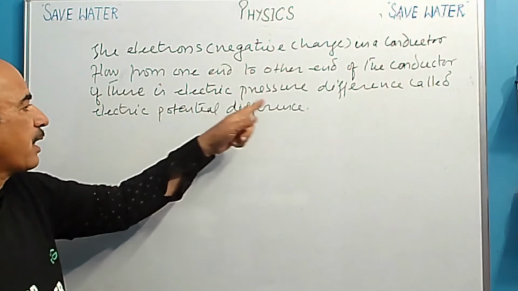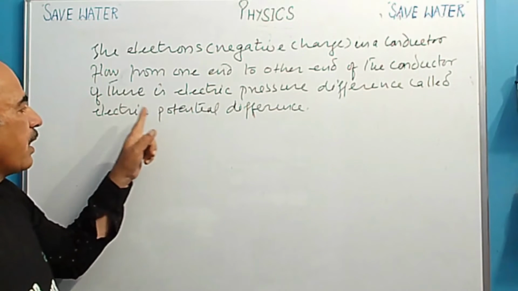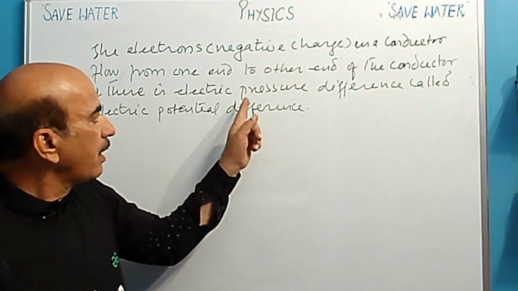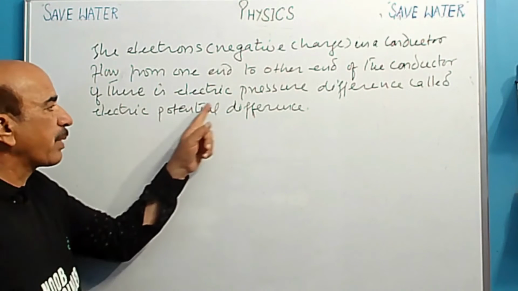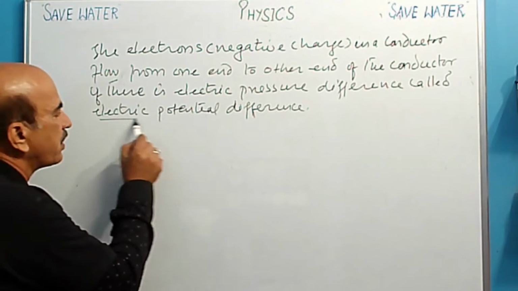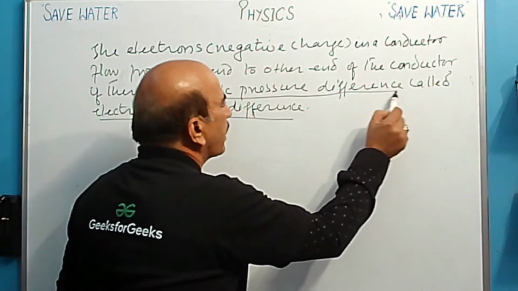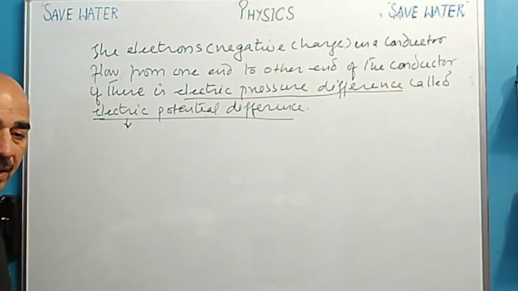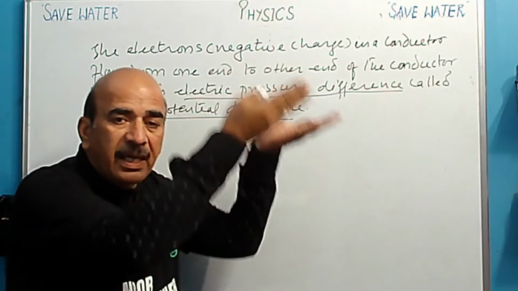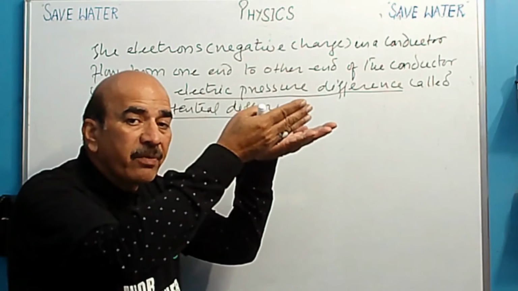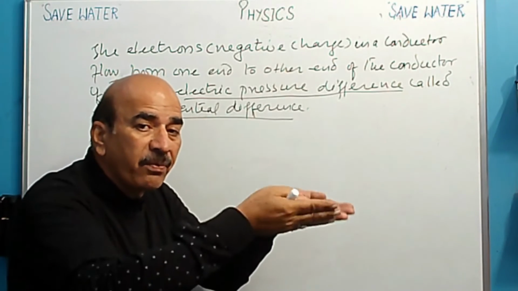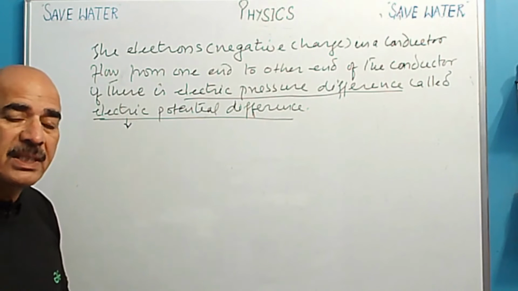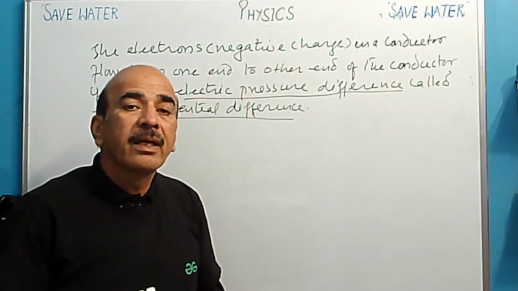Okay, so there is an electric pressure difference and it is called electric potential difference. As there was a difference in atmospheric pressure, here there should be an electric pressure difference, and this electric pressure difference is known as electric potential difference. Now the question comes to us: sir, how is this electric potential difference maintained? In that example, we raised the container, we performed some work, we applied force on the container and it moved up. So how is this electric potential difference created in conductors?